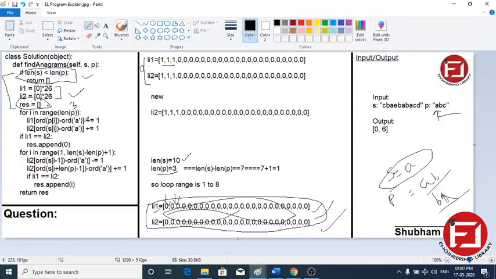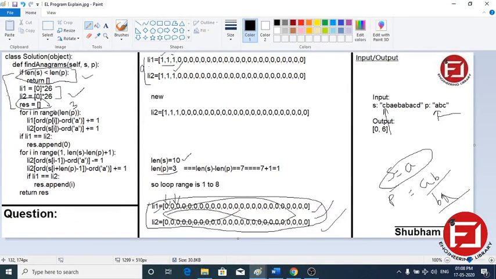So l1[0] is initially 0, plus 1, so it becomes 1 and is updated. Now l2 at ord of s, in Python we find the ASCII value with ord. So ASCII value of c minus ASCII value of a gives index 2, so index 2 is updated in list 2.